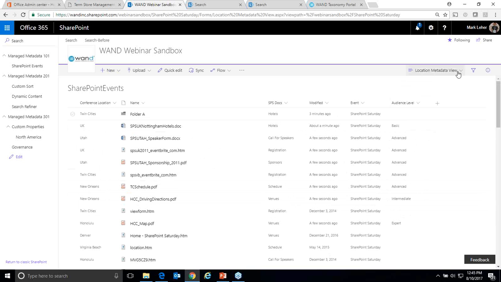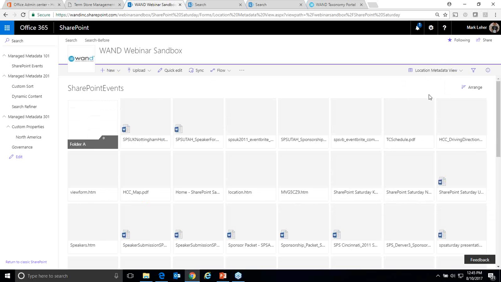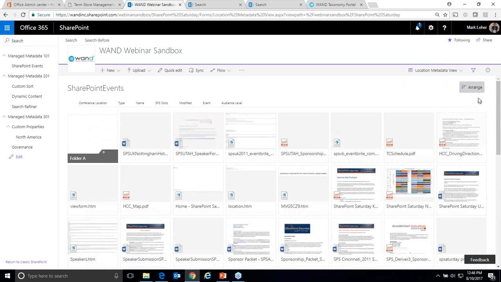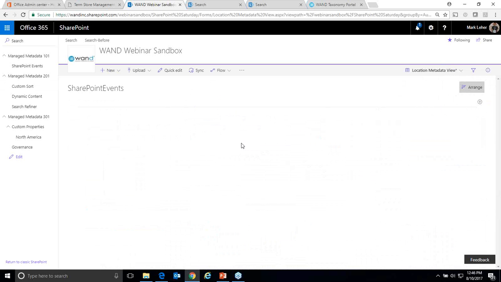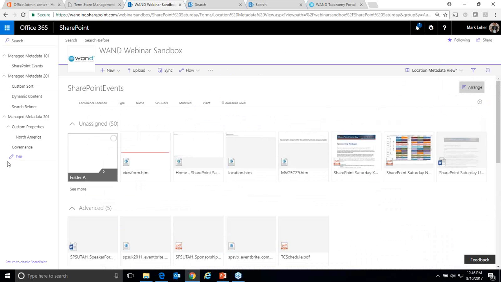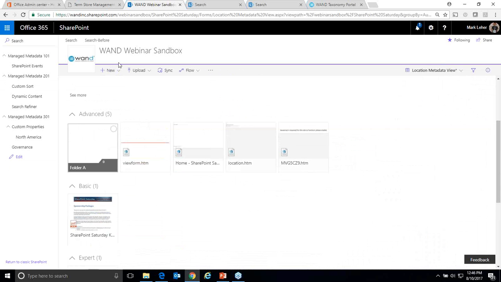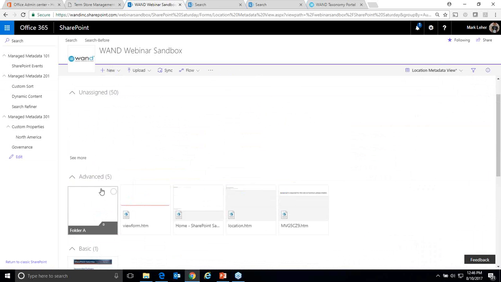What I can also do is, if I don't want to see it in a list, I can view items as tiles. And I can actually arrange the items by one of these metadata values. So if I want to arrange it, I want to group them by audience level. In this tile view, you can see most are unassigned, but now that they're tiles,